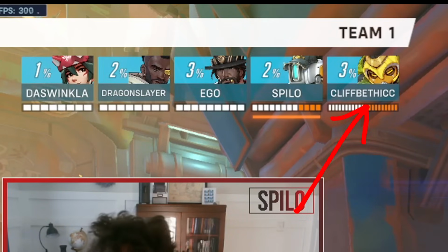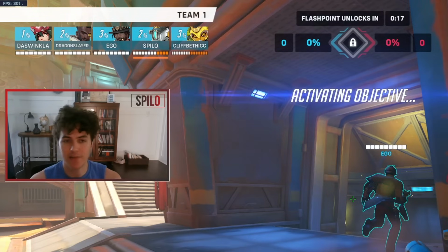When is my tank going in? When is my tank going out? Am I running it with a dive tank? Am I running it with a shield tank? Because a lot of us tend to only want to pick Bastion in a shield tank circumstance, but he's actually pretty